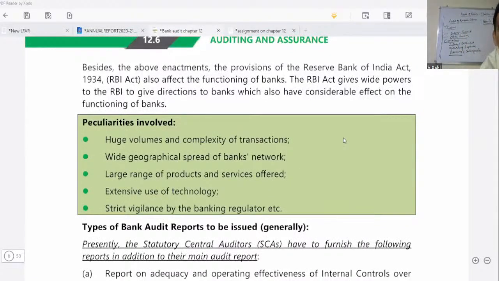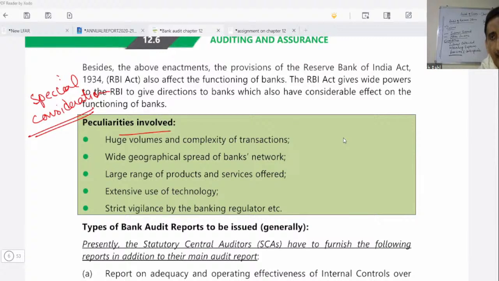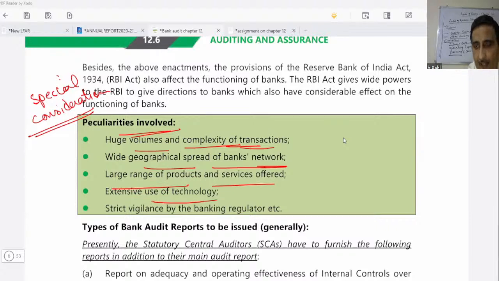Now, what are the special considerations? What are the peculiarities involved? Special considerations in banking. In bank audit, what are the peculiarities involved? There are huge volumes. Very important. Sometimes this type of simple question also comes. Huge volumes, wide geographical spread of the bank's network, large range of products, extensive use of technology, and banking regulator, and